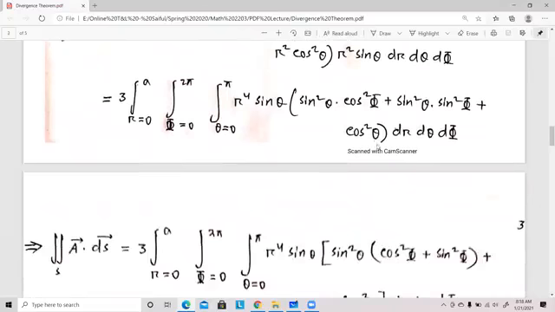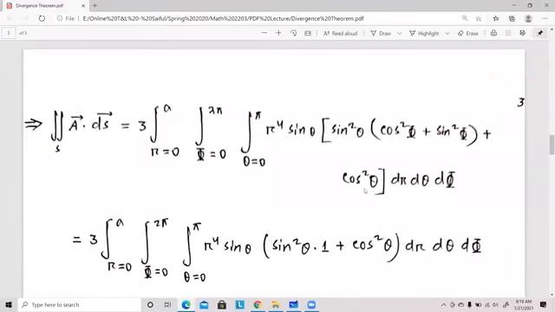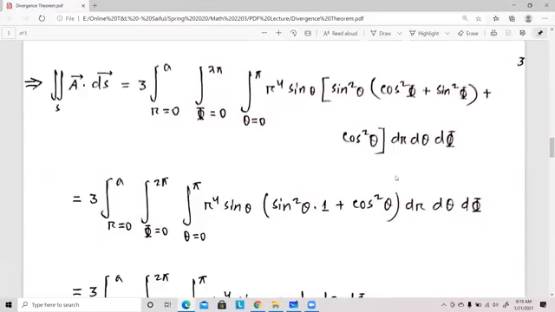Now we observe that in the first two terms sin²θ is common, so if we take sin²θ common, we get cos²φ + sin²φ. Okay, the third term was cos²θ, and the remaining term was dr dθ dφ. So we know cos²φ + sin²φ কি হবে 1, 1, তো and sin²θ into 1 plus cos²θ, আবার sin²θ + cos²θ কি হবে 1, স্যার 1, হ্যাঁ, তো